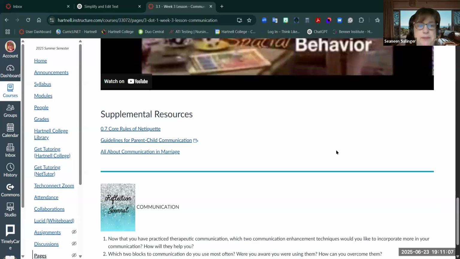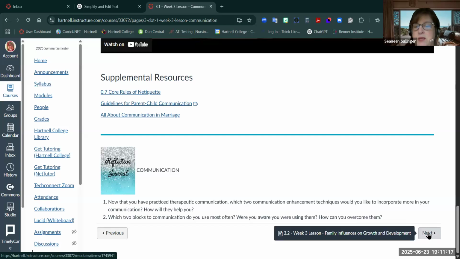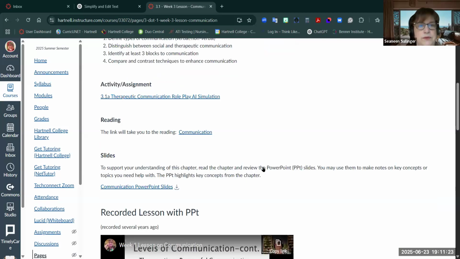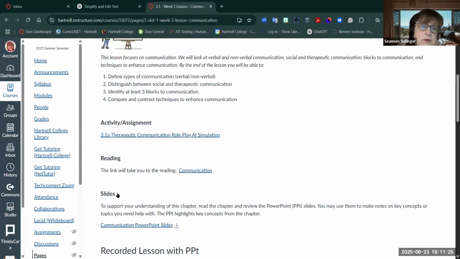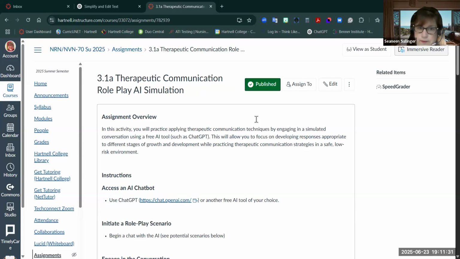And then as you can see at the bottom of the lesson page is the reflection journal and the prompts that you have for that. And then the activity or assignment that you have for this particular concept of communication, I thought it would be interesting.